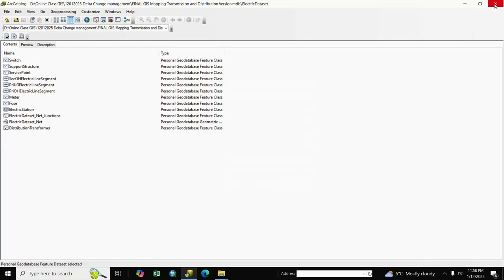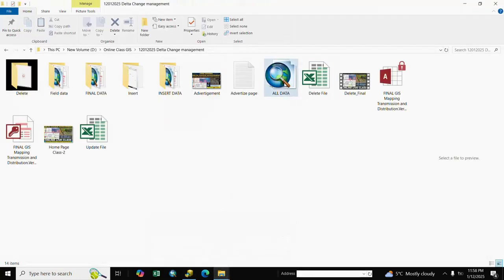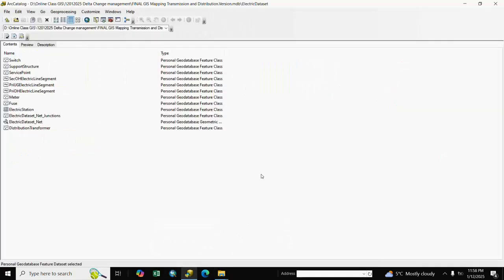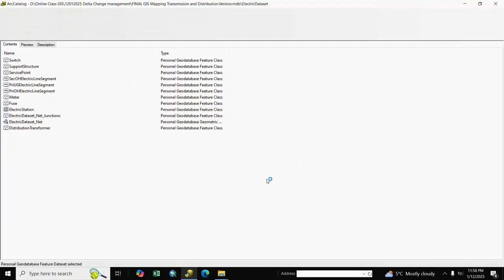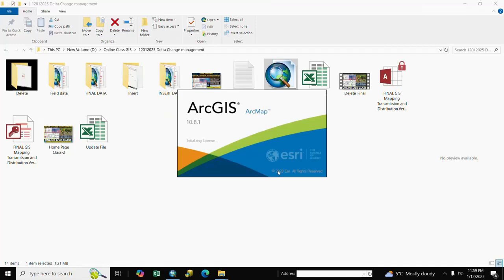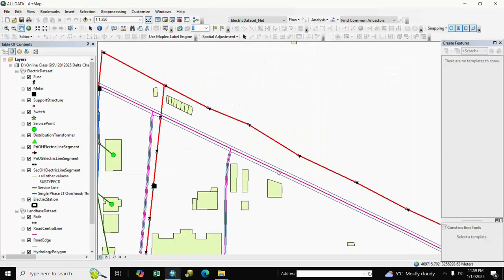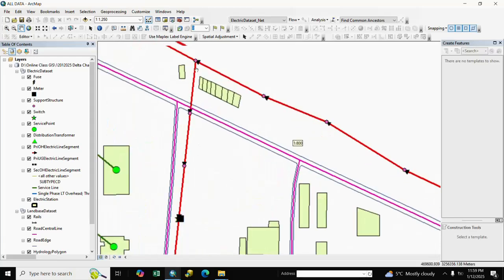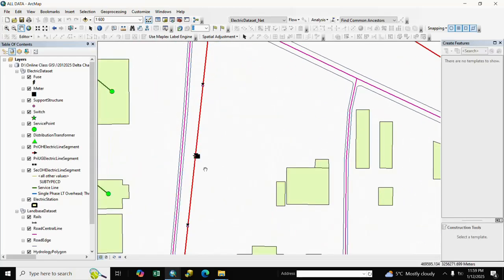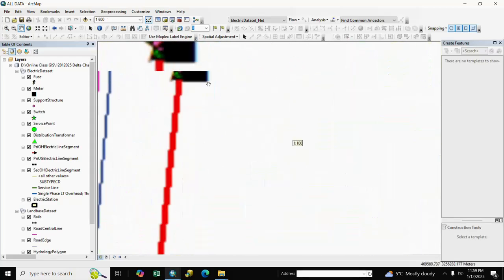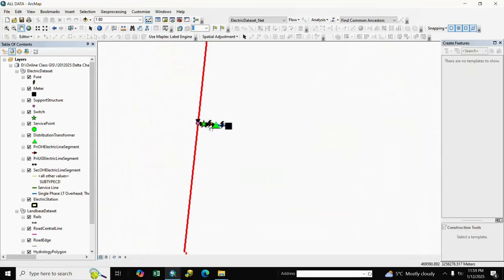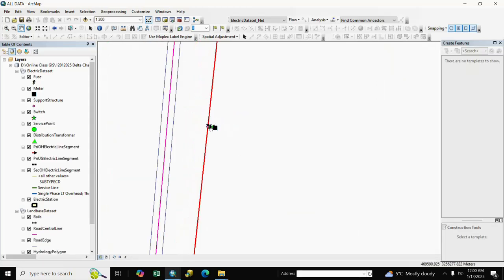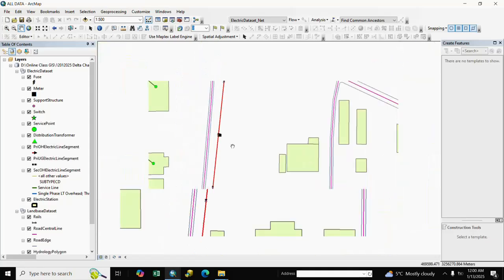After finish, we open file, we close it, we open here. Here is our insert data. You see here, here is our insert data, and we check it, connect, disconnect, and loop.